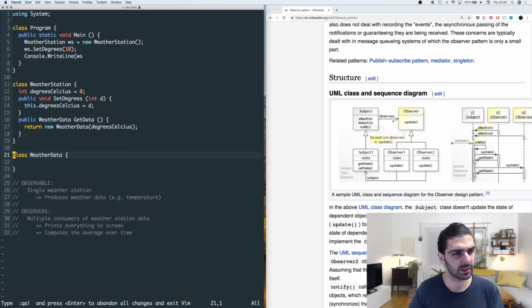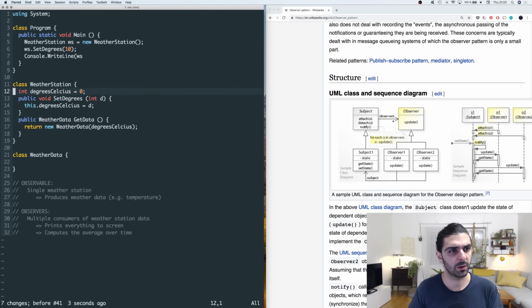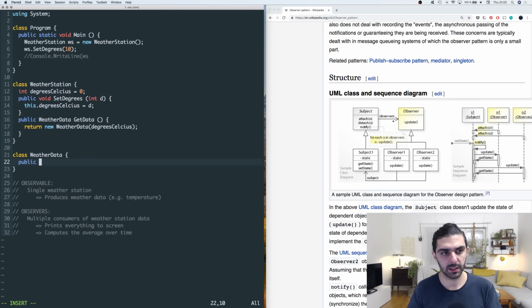I think I have a syntax error somewhere. What am I doing? Oh, sorry, I didn't finish this line, so let's just comment that out so we remember that we need to do that. But okay, so public weather data. Actually, we don't need a constructor. No, we need a constructor. Wait, should I mutate? Should I not mutate? Actually, since it's a value object,